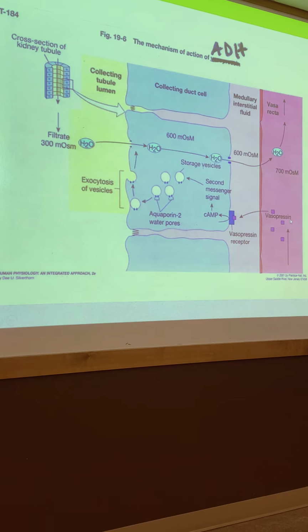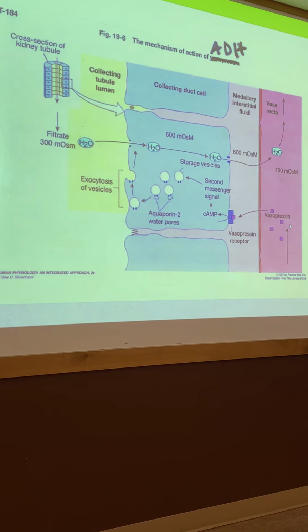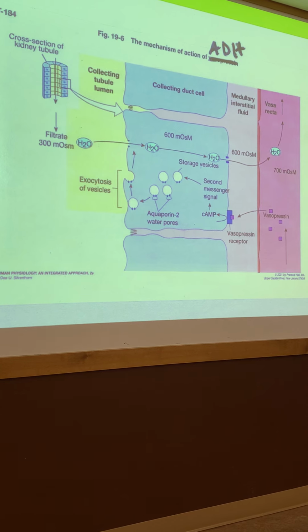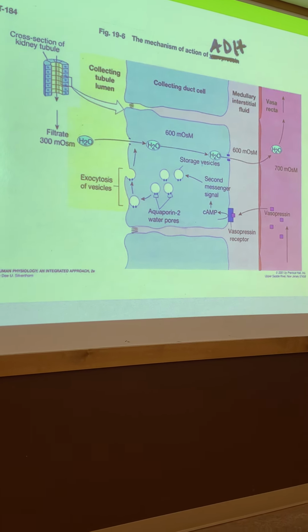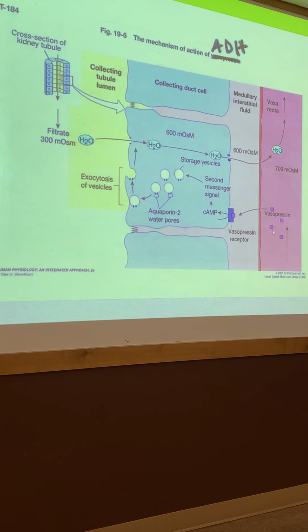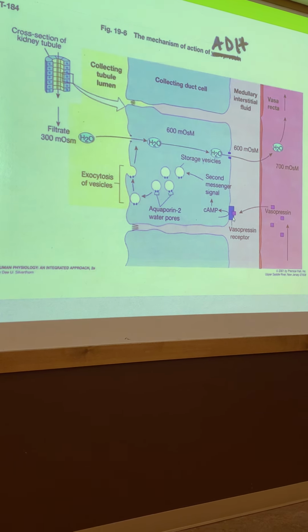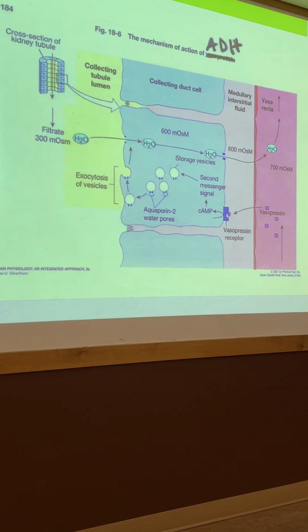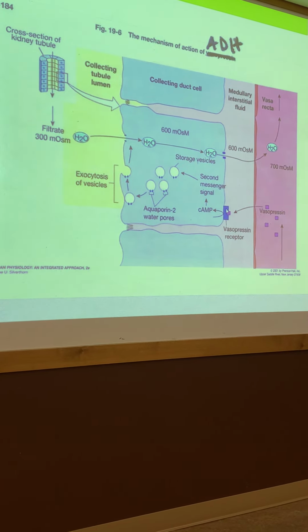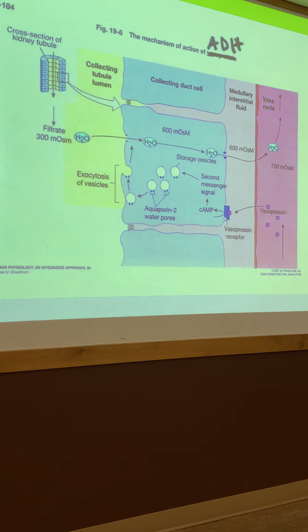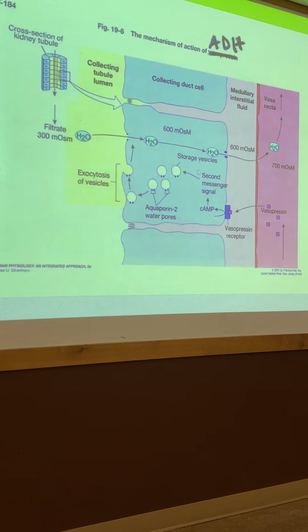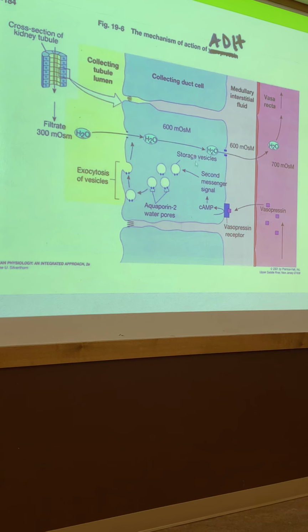So vasopressin, or ADH, is released into the bloodstream because all hormones enter the bloodstream, right? Then they travel to their target organ. So ADH is in our bloodstream. It's going to bind to the cells of the collecting duct because that's where the receptor is. The receptor is on the collecting duct cell. So it binds to the receptor, and what that does is it causes an action inside this cell, and the